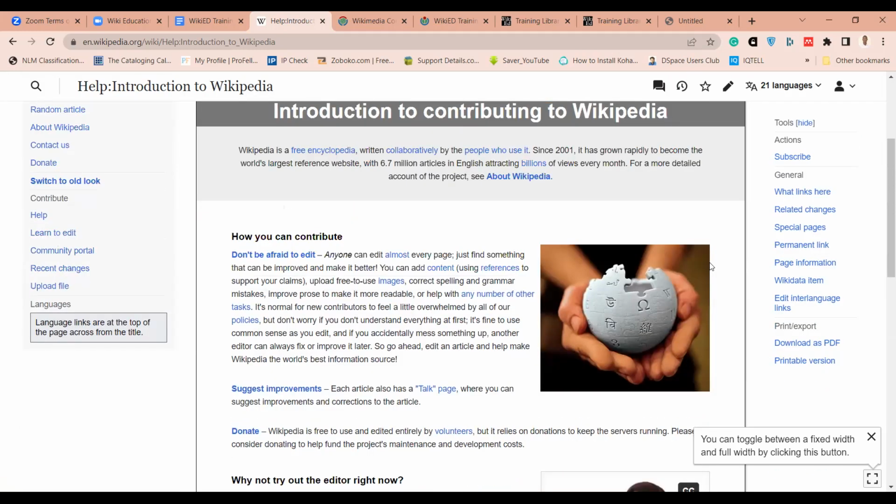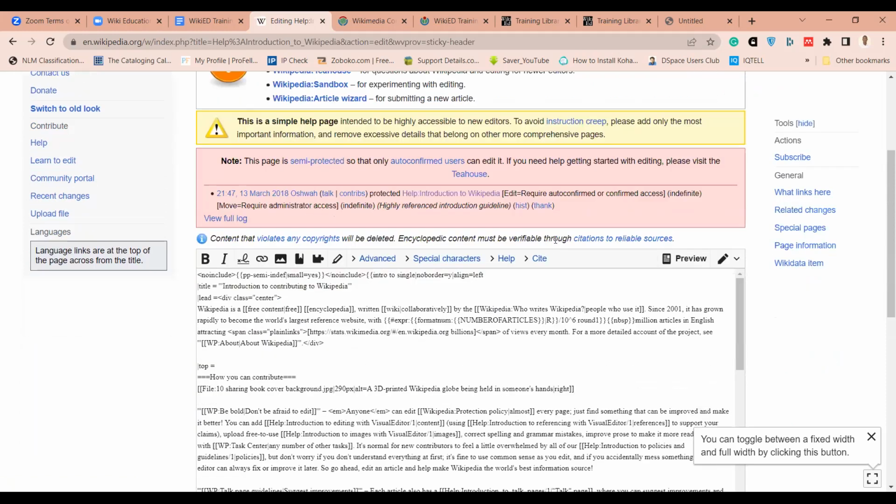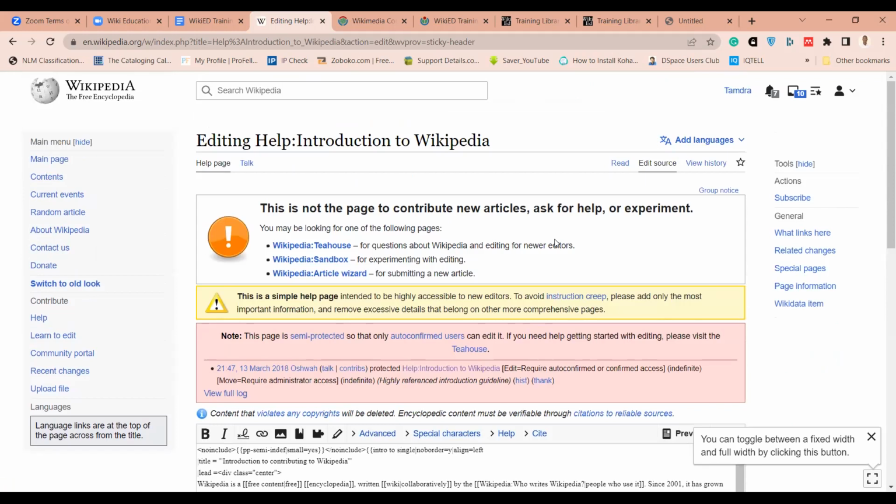Now, if you look at the top here, you see this pencil? Everyone can see this pencil. This means that if you click there, you can edit the page. So let me just click on the pencil like this. And you see, when you click on the pencil, it will open the article in a way that can help you edit it. I think right now we are in